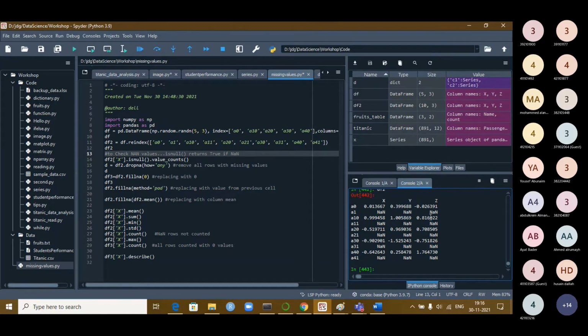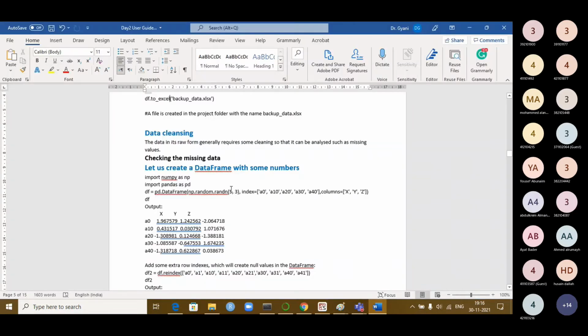These are extra rows inserted, which are empty. So these are NaN. Here there is a row, here there is a row, here there is a row. These are not a number values, or missing values. Now, what are the options available? Let us try to check it.